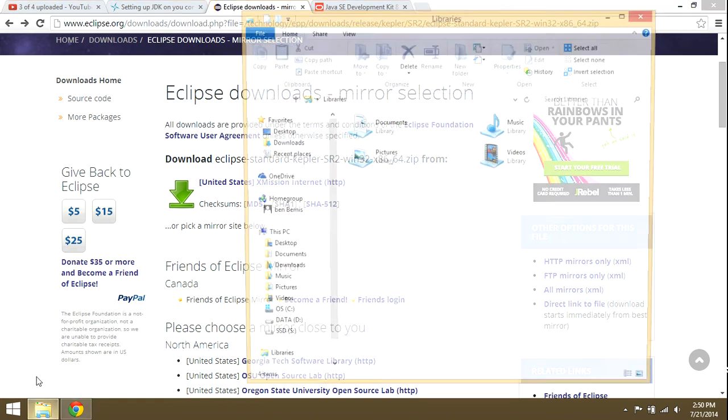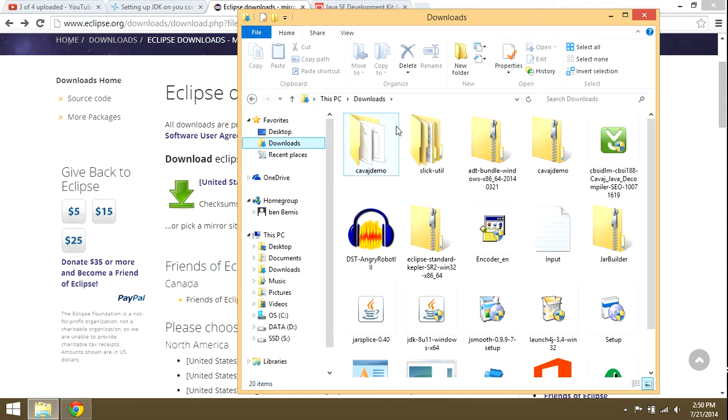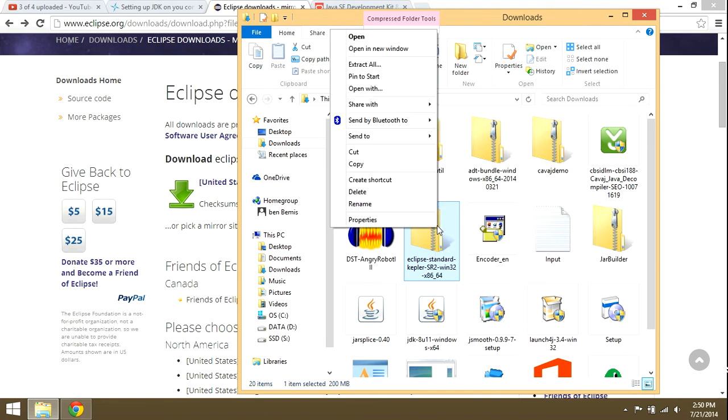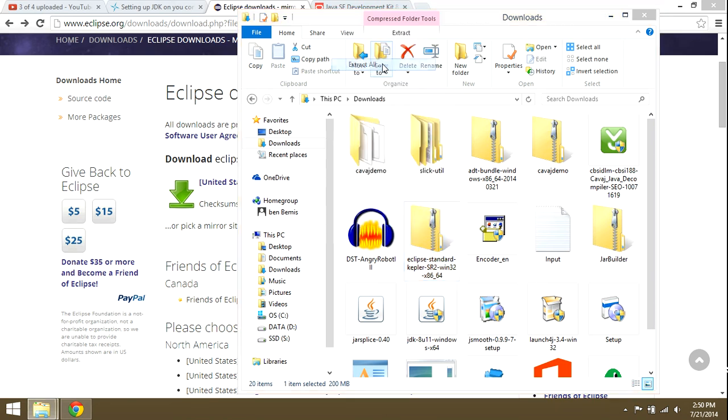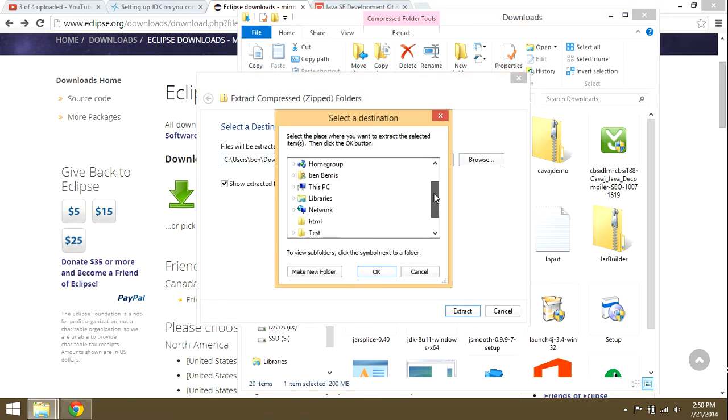Then you're going to go to your File Explorer, and this is exactly the same for Windows 8 and all previous versions. You're going to go to your downloads, and this is my Eclipse zip file that I just downloaded. So you're going to right click, and then you are going to extract all. And you're going to want to put this onto your hard drive. It's going to be